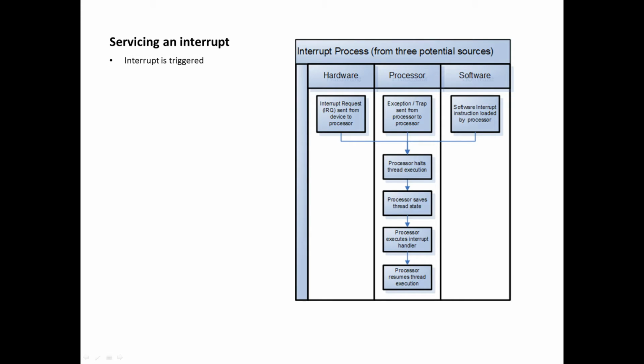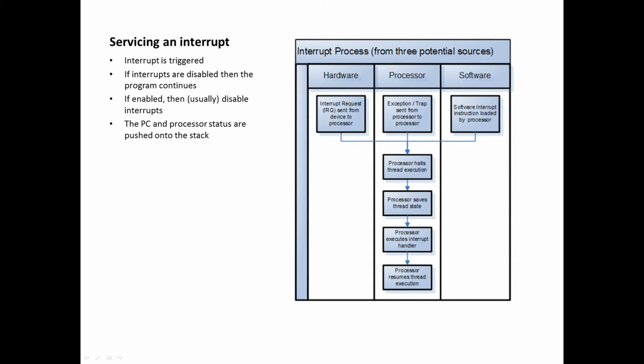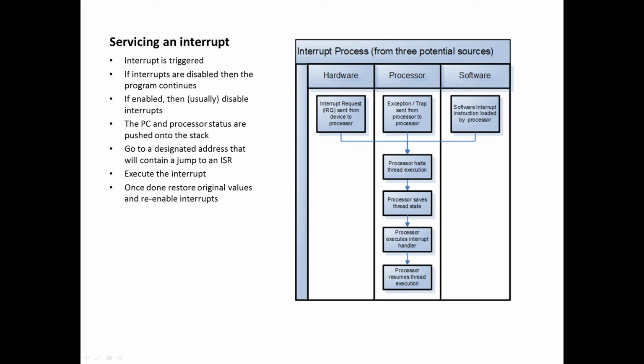When the hardware decides to service an interrupt, it will usually first disable interrupts, push the current program counter and processor status registers onto the stack and branch to a designated address that will normally contain a jump to an ISR. The ISR must store on the stack the values currently in any registers it will use, and after the execution of the interrupt, restore their values before returning from the interrupt, so that the interrupted program can resume where it left off.